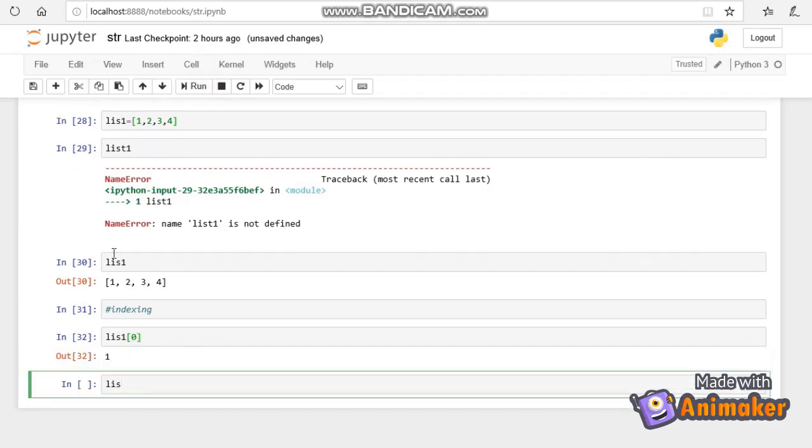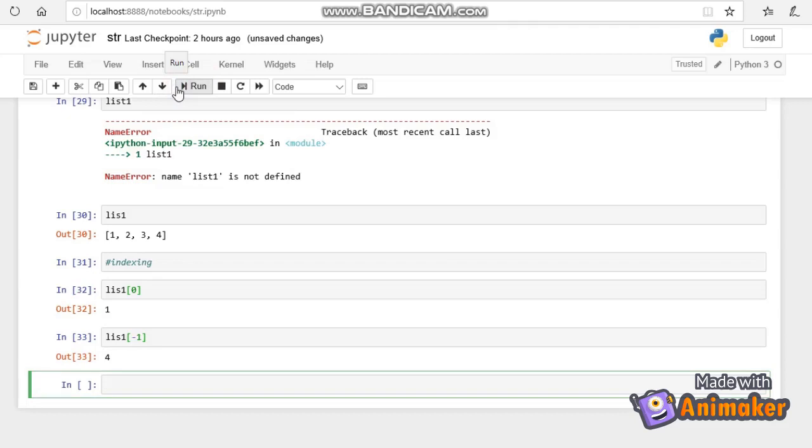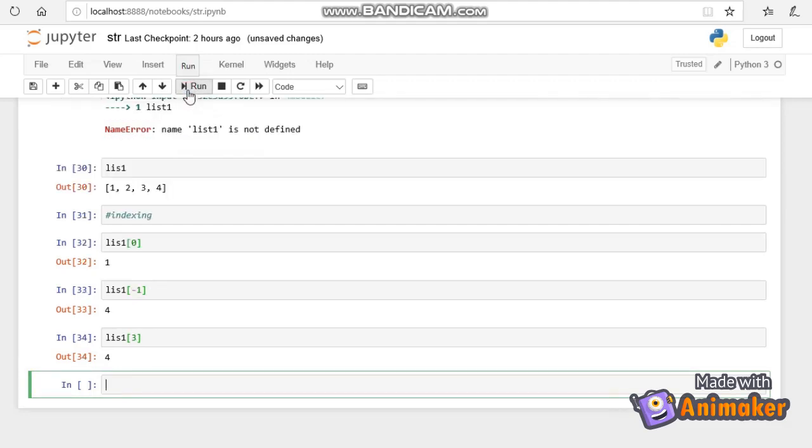Similarly, list 1 of -1 will get 4, the last element. List 1 of 3 will also give the answer 4. Very similar to strings. Now we'll do slicing.